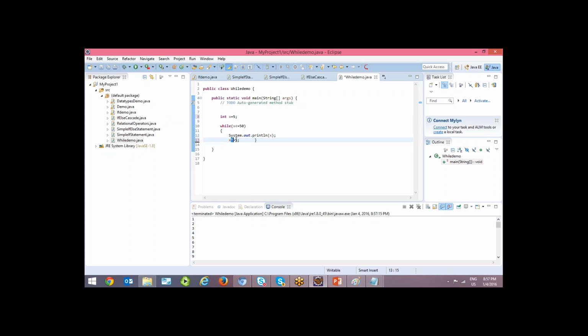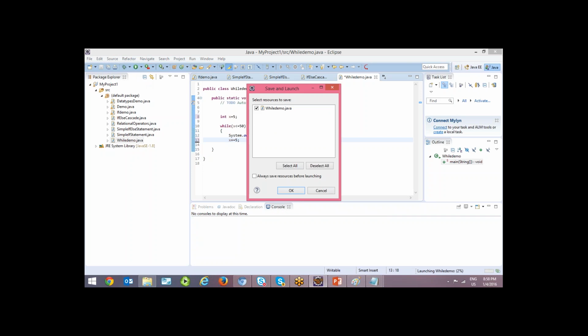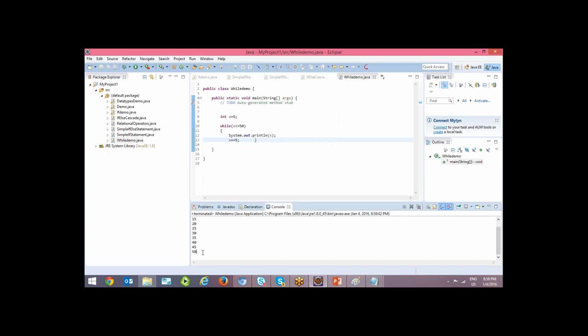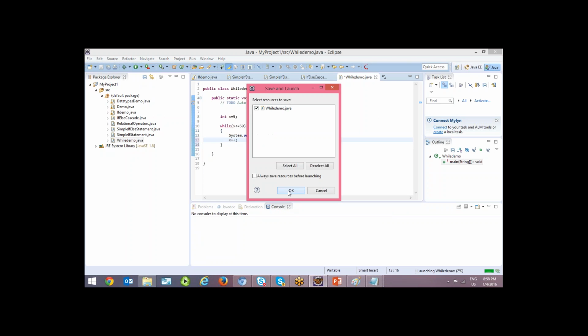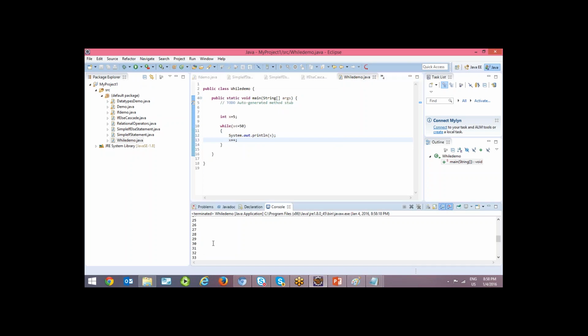Or if you want to increment every time with 5, then you can say plus equal to 5. Means 5, 10, 15, 20, 25 like that. It depends on these incremented values, it is going to iterate the loop. If you say plus plus, it just increments every time with only 1. It is going to print all these numbers like this.